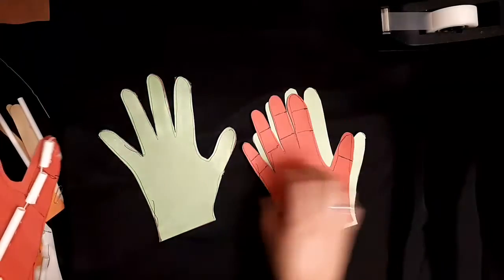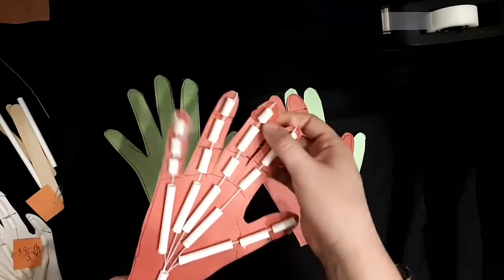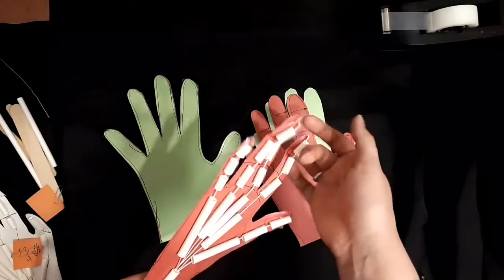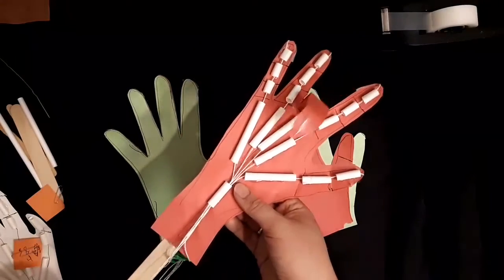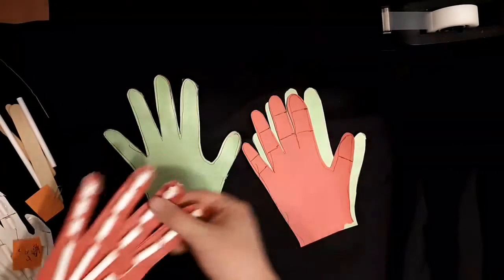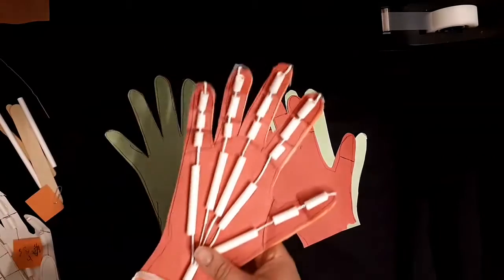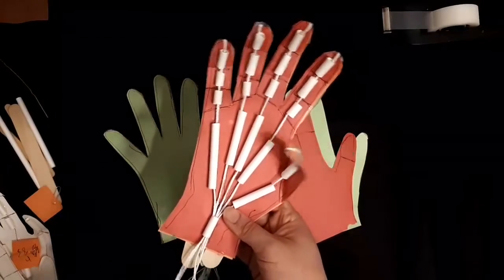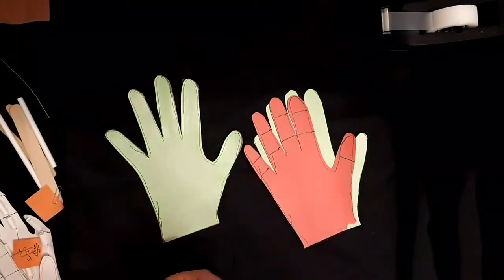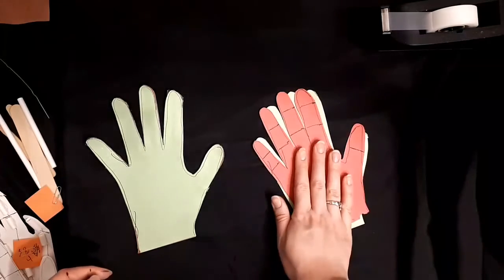So you're just gluing it together just to give it a little bit more stability. This was my first one and I didn't add anything to it, and it's very floppy. And it doesn't move as nicely. This was my second one and it actually moves a lot better. It's the 2 pieces hot glued together. So it took a bit of trial and error. So once you have them